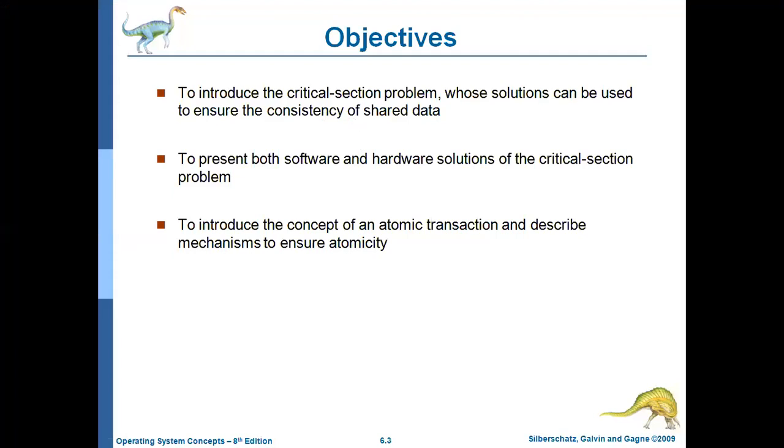Whenever processes are sharing the same data, there should be some synchronization between the processes. So in order to solve the critical section problems, we have both software solutions and hardware solutions available. And then at the end of this topic, we have a concept called atomic transaction. Atomic transaction is for ensuring atomicity. You will come to know when we discuss that particular topic. So these are the objectives of this process synchronization chapter.